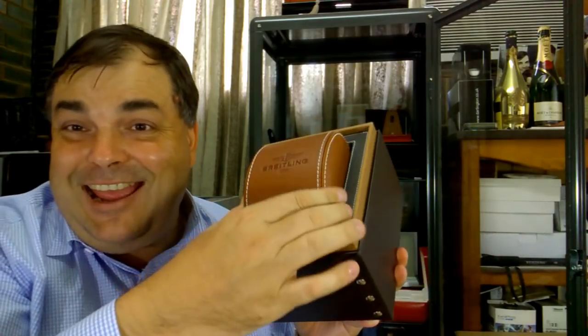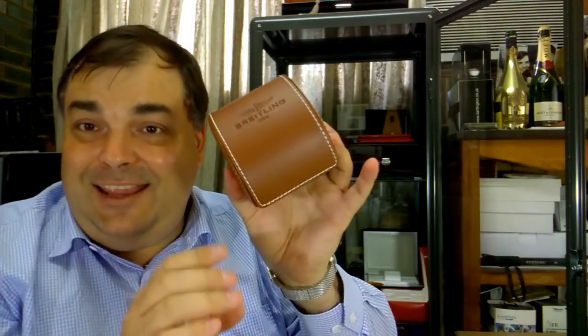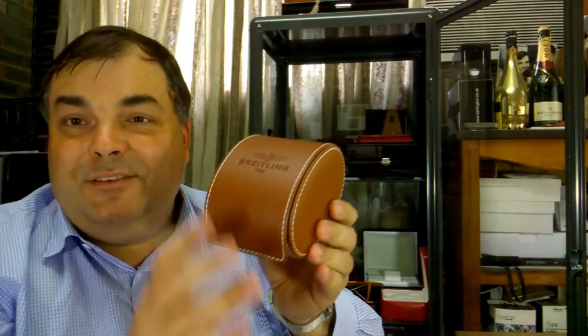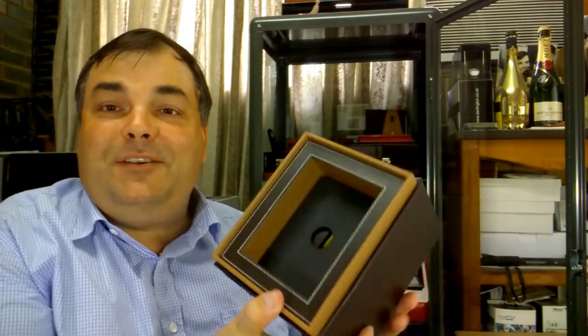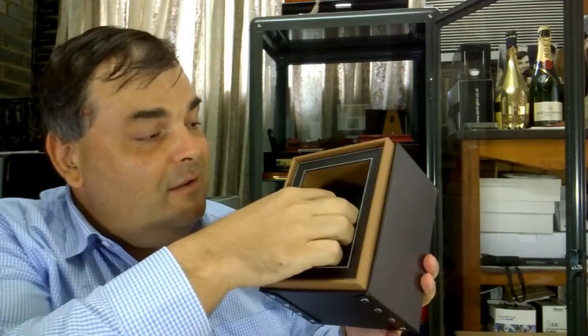The lower part of the box then has this compartment here which contains the watch. However, it's a bit more tricky than just that, because this in itself is a leather travel case for the watch and your adventures. So this has been incorporated into the watch box. You get a leather travel case with your Breitling purchase. Very clever idea. The box itself here has a lower compartment which has a cardboard shelf, and then it has